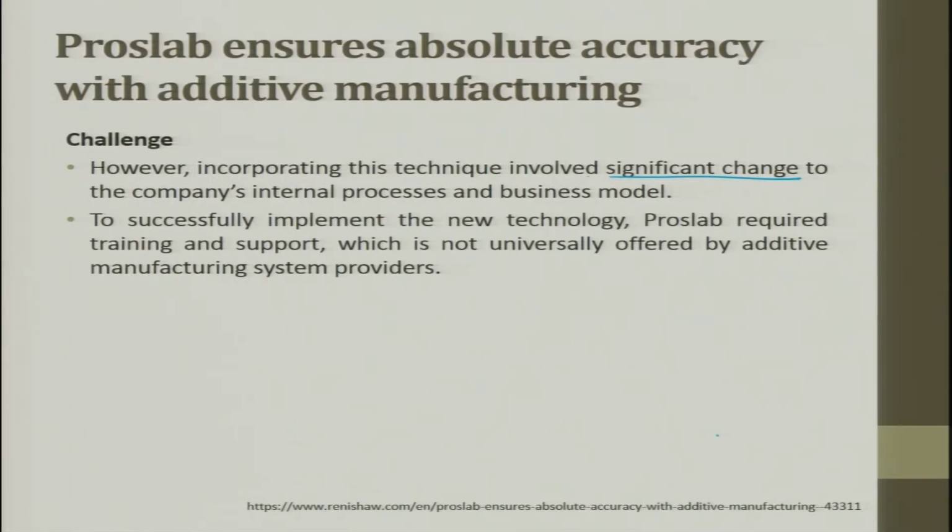One is the mindset of every stakeholder in the company has to change. Two, there has to be an initial high capital-intensive investment. To successfully implement the new technology, Proslab required training and support, which is not universally offered by additive manufacturing system